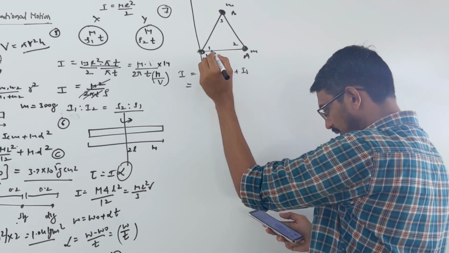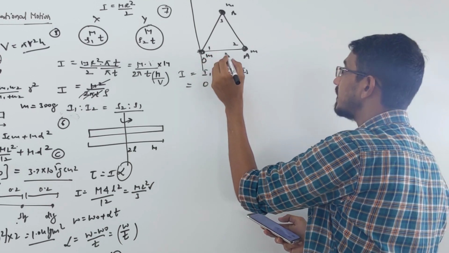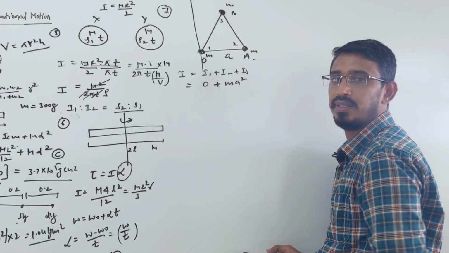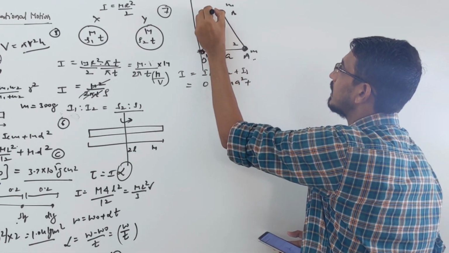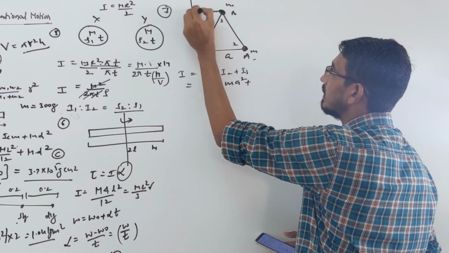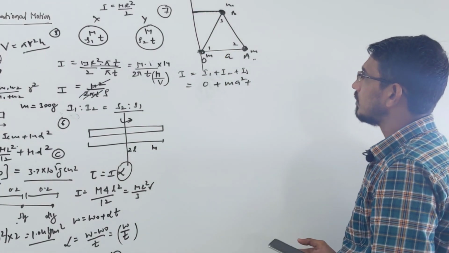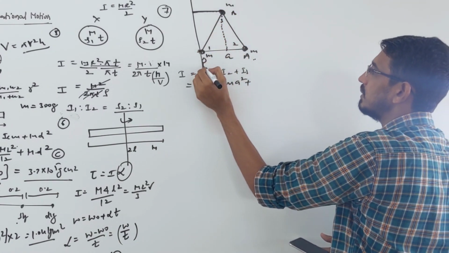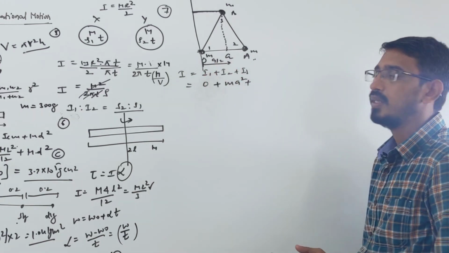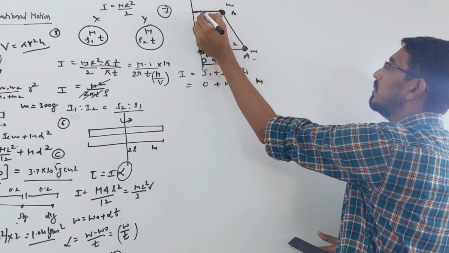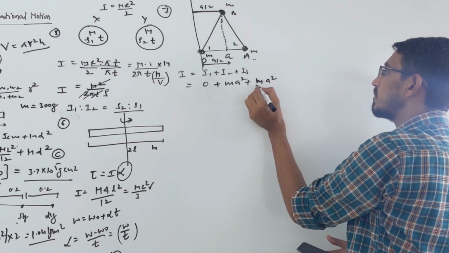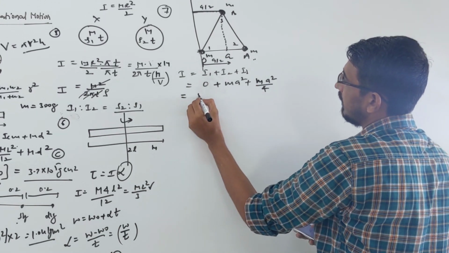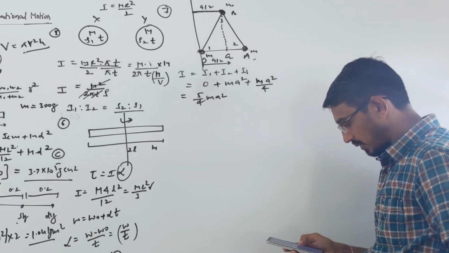Okay. What is the inertia due to this mass? M and R. That is the length of this triangle, how much is given? Side given A. So look here, inertia due to this mass: M into A square. Done. Now we need inertia due to that mass. So what is that distance? We need this perpendicular distance, right? If you see carefully, that distance is simply A by 2, right? So you write mass M into that distance A by 2, so A square by 4. Correct. When you do like this, this becomes 5 by 4 of M A square. So that's your answer, right?